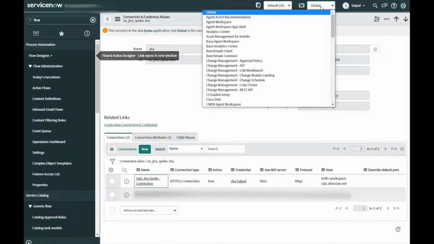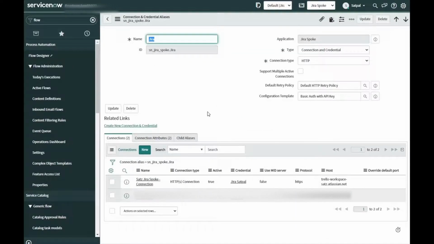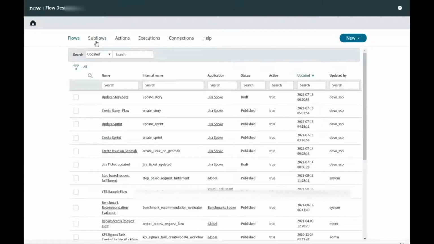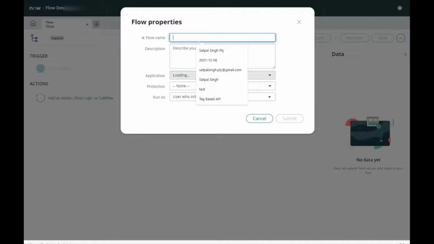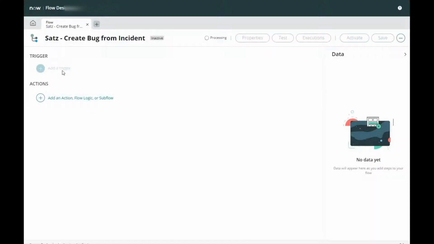So we go here into the system. Make sure that I'll actually do it on the Jira Spoke domain, so that we capture everything. I mean, it's up to you if you want to do it somewhere else. So let's create a flow. Let's say create bug from incident, and then I would just say submit,